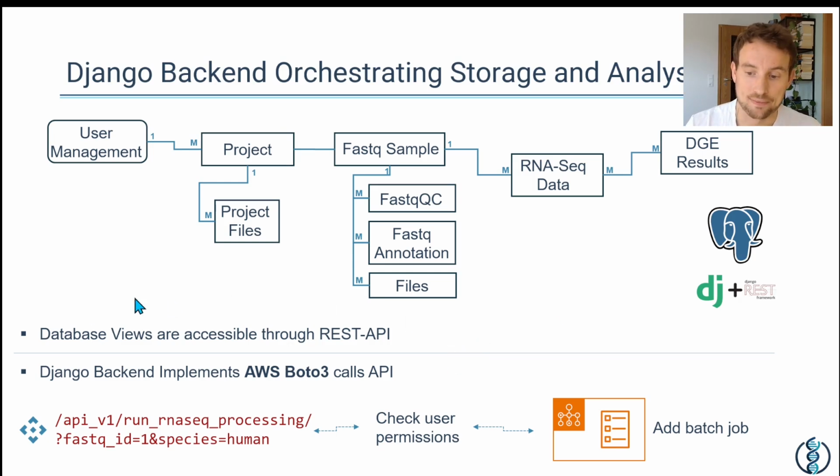Then we also implement a number of AWS service calls in our backend behind a REST API endpoint. This allows us to trigger specific tasks that are running on AWS. For instance, in our case, we implement the RNA-Seq data processing as an AWS batch job. And this allows us basically to trigger these tasks using a